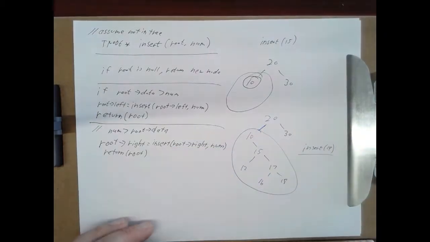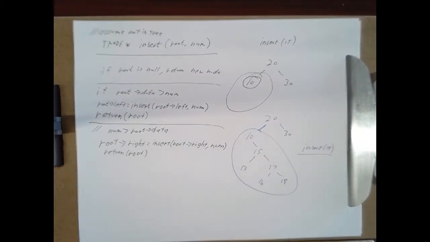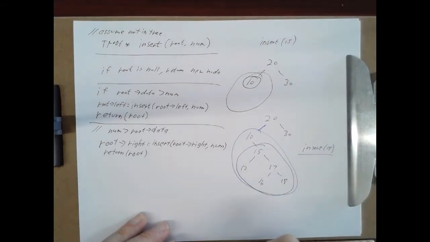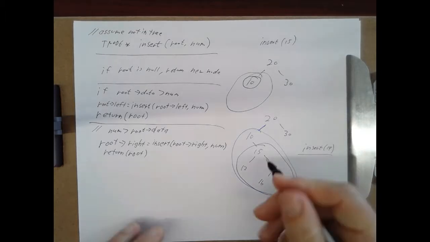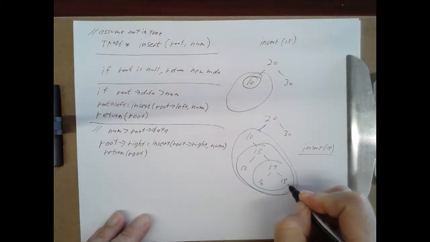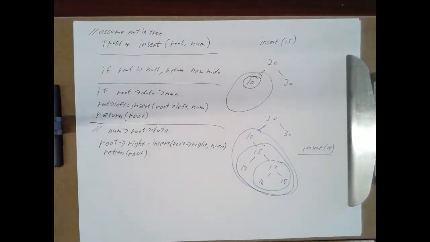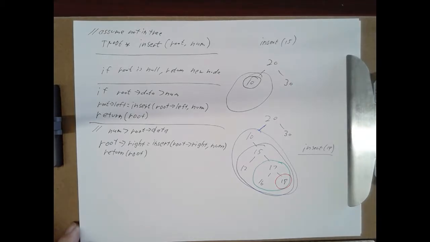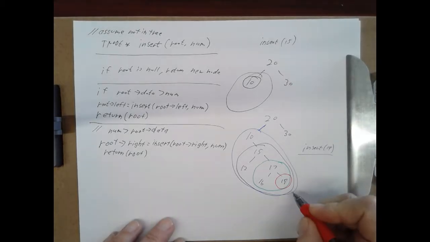And to insert 19 into here, we're going to say, okay, let's insert 19 into this right subtree. And to do that, we're going to say 19 is bigger than 15, so let's insert a 19 into here. And 19 is bigger than 17, so let's insert a 19 into here. And 19 is bigger than 18, so we're going to say let's insert